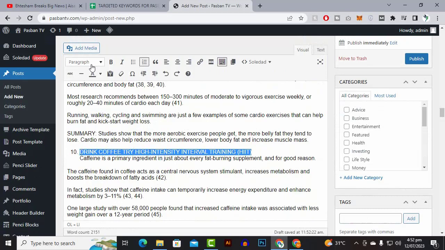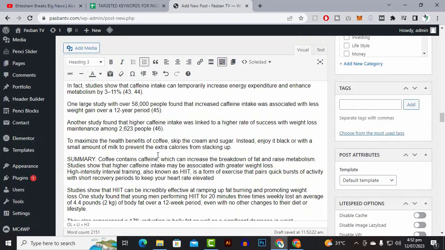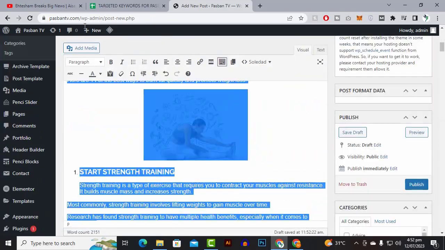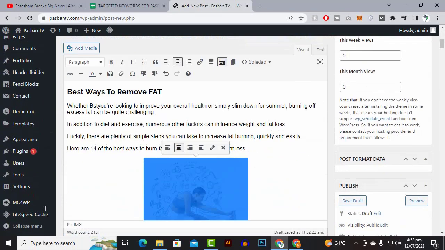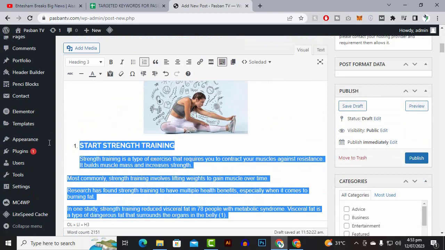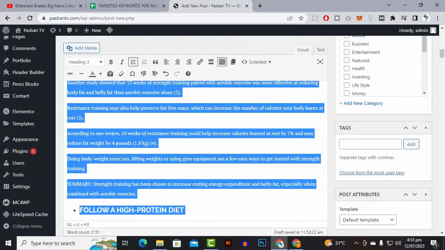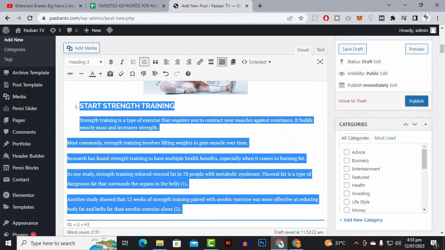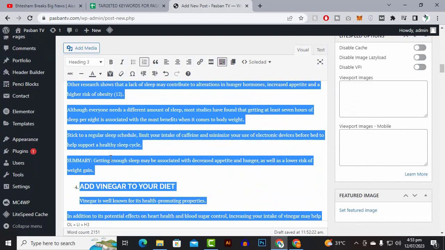And for now I will just make it heading 3, and if we select everything, for example till here, heading, and we remove. Okay, let's make it dot maybe, or 1 2 3. Now if we check 1 2 3 4